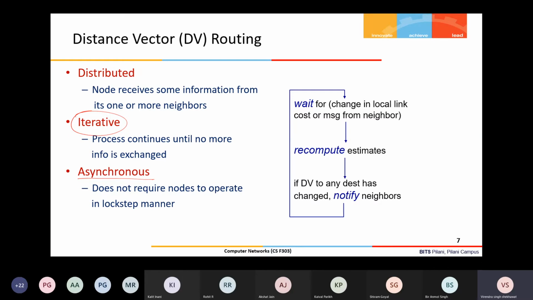So here also the nodes can run the algorithm asynchronously; it does not require nodes to operate in lockstep. There is no such thing as one iteration being completed by all before the second starts. Its termination is slightly tricky: even though it is asynchronous and distributed, the algorithm can still terminate. There is a termination condition, we'll see.